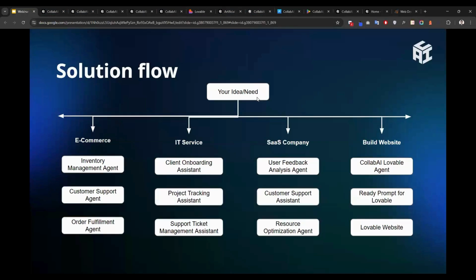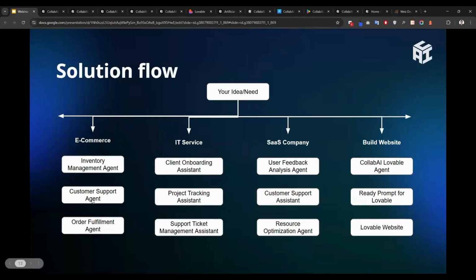So how will this help you? Let's look at a few solution flows showing how we deliver the efficiency you need. Let's think of an e-commerce service provider. What do you need? Inventory management, customer support, and an order fulfillment agent.